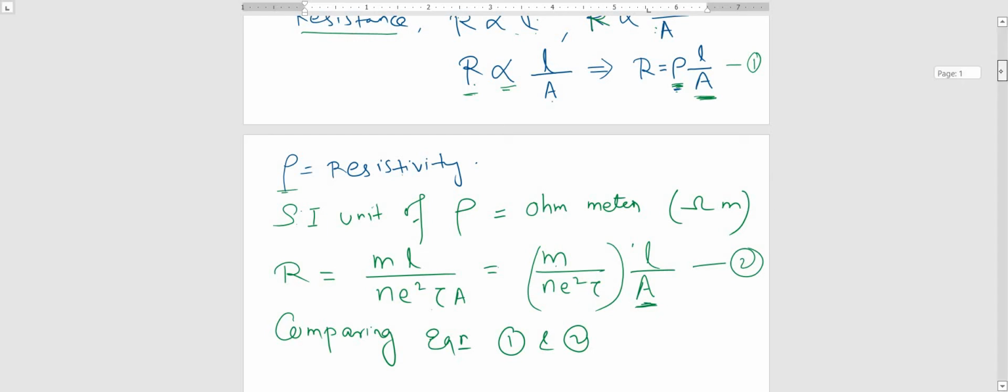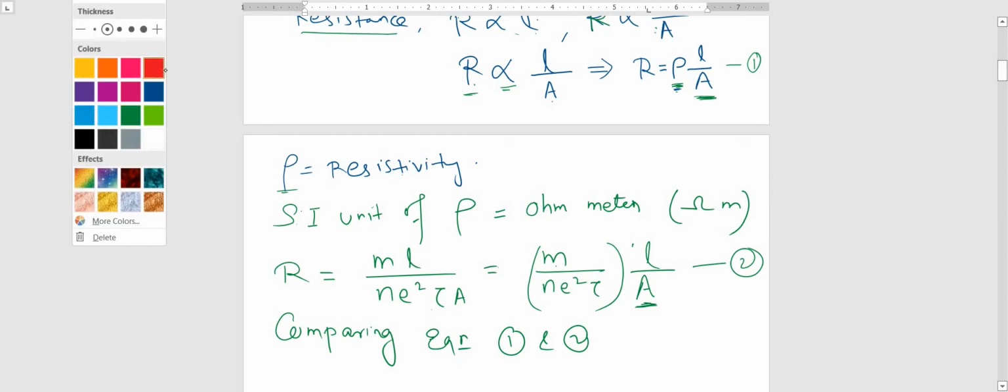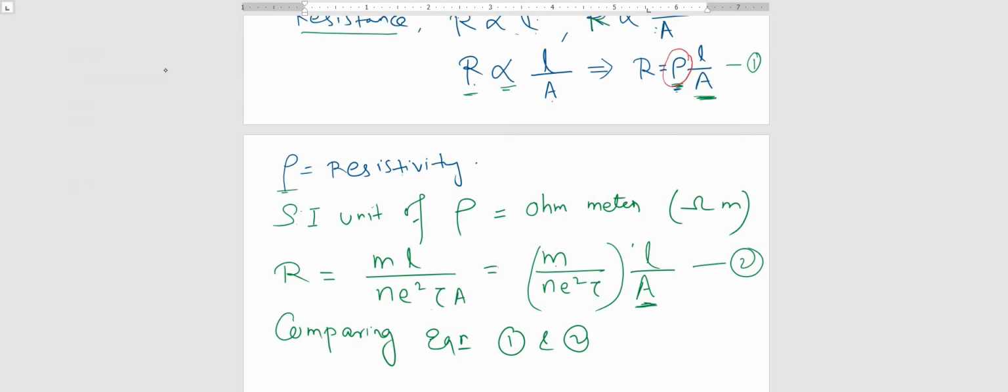Okay, so if you compare 1 and 2, what you get? Rho is equal to m by ne square tau, isn't it? If you compare here, you can see rho is equal to this much. Okay, so what I can write? Comparing 1 and 2, we get rho is equal to m by ne square tau. So this is the formula for resistivity of a material. Clear? লিখে নাও জলদি।